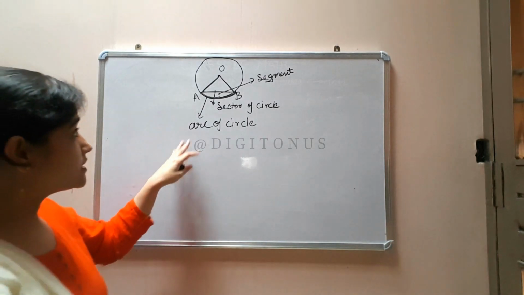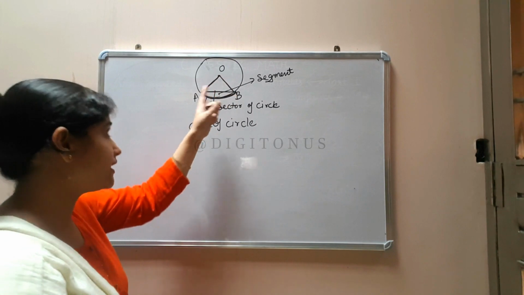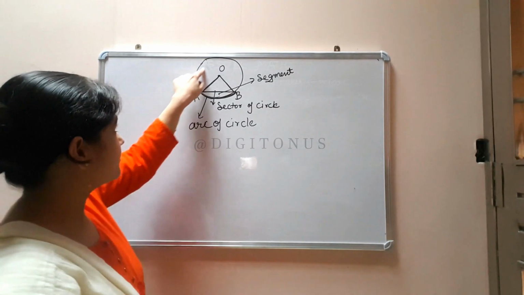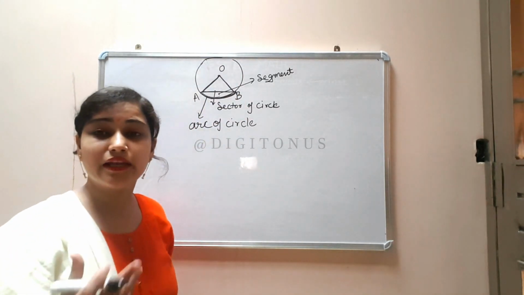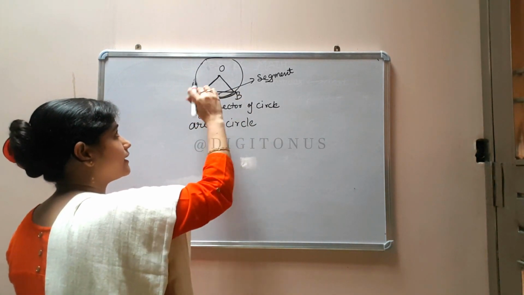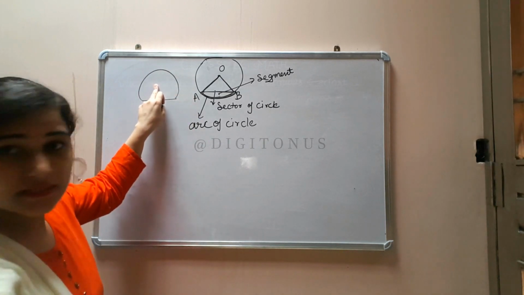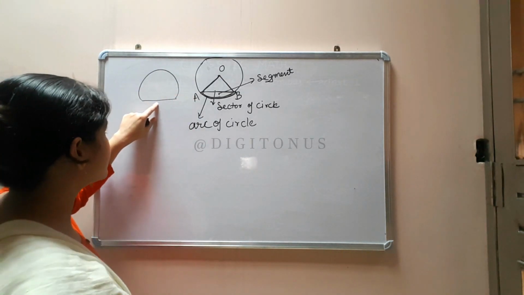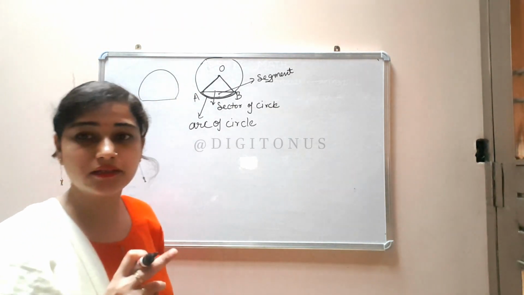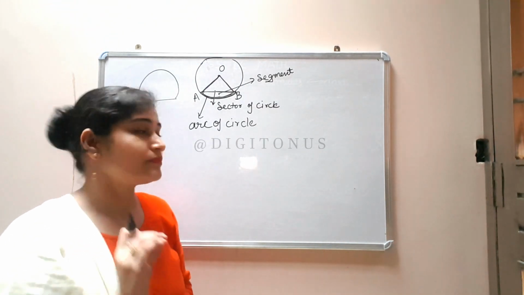Okay, now major and minor, you can say that this part which is enclosed by these two radii OA and OB and this minor arc AB, that is minor sector, and the remaining part of circle is major sector. Same here, this is minor segment and the remaining part, ये क्या हो गया, मेजर सेगमेंट. ये भी सेगमेंट है क्योंकि ये भी किससे इंक्लोज्ड है, आर्क और कॉर्ड से. ठीक है, तो पहले तो ये क्लियर होना चाहिए. You should be clear about these things, sector, segment and arc.